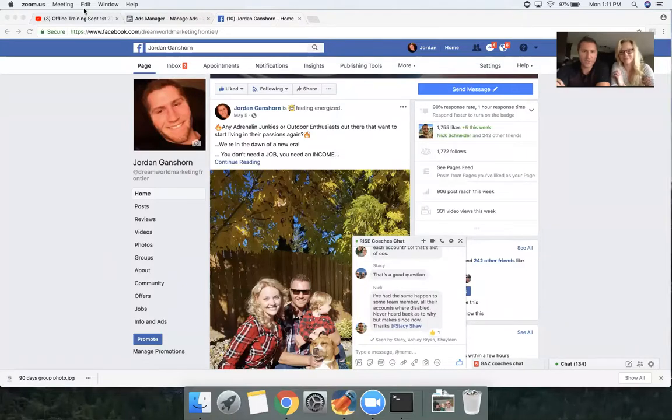Exactly. That's kind of where the magic happens, right? Like that's how we find people that don't even know who we are and convert those people into buyers. So there's a lot of technical components to running a Facebook ad. I'm just going to share my screen here with you so I can show you actually how to create an